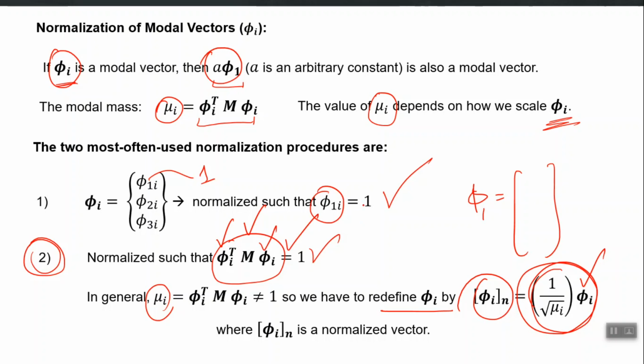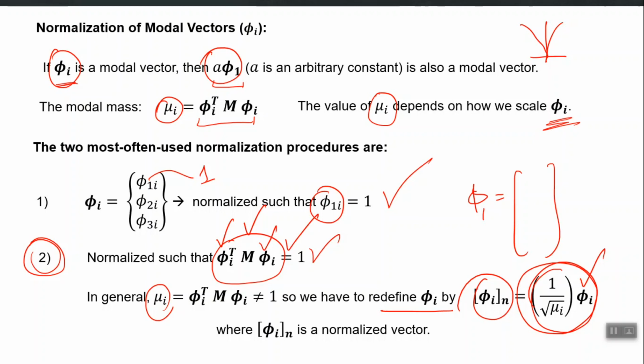If we go for the first case, we will divide the whole vector by the top number, so that the top number becomes 1, right. So, we divide the whole column or whole vector by the same top number, and the resulting shape will still remain the same. If you divide by -10 and the resulting entries become positive, it is still the same shape, because ultimately it will be multiplied by a sine function, and the sine function is from -1 to +1, right. So, the shape will be the same.